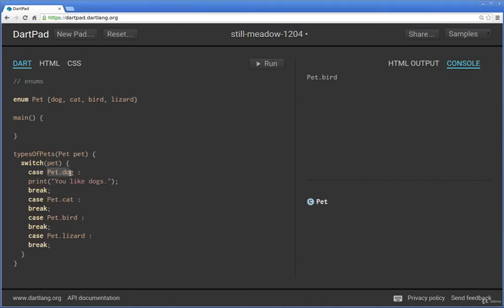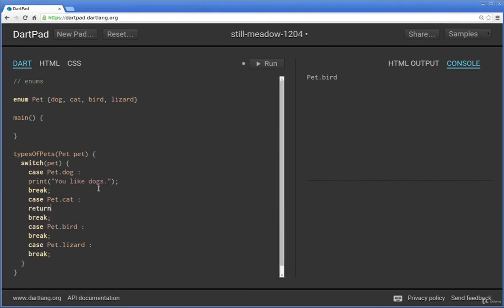The case has to be pet.dog. See, no quotation marks. Pet.dog, pet.cat. It's not going to be dog. It's going to be pet.dog, remember. It always is. Pet.cat, pet.bird, pet.lizard. So we can say what this is. Actually, I don't have anything behind here, so I'm going to say return